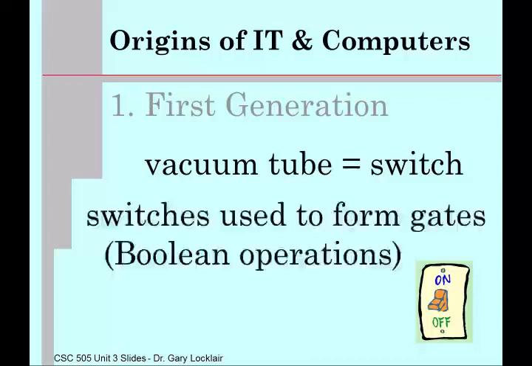Now, what's that have to do with the history? Well, these switches are used to form gates. We saw that earlier, right? These gates do Boolean operations. And this was a tremendous insight that was made in the 20th century when a group of individuals said, hey, wait a minute. This work of George Boole, this logic, we could use that. Not only could computers control functionality, but they could actually do processing based upon logic gates and circuitry. So the original vacuum tubes on-off then were used to do true-false, or the George Boole stuff.